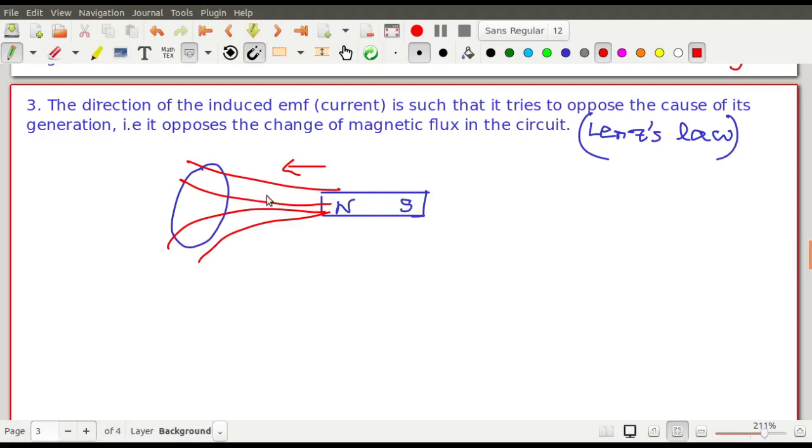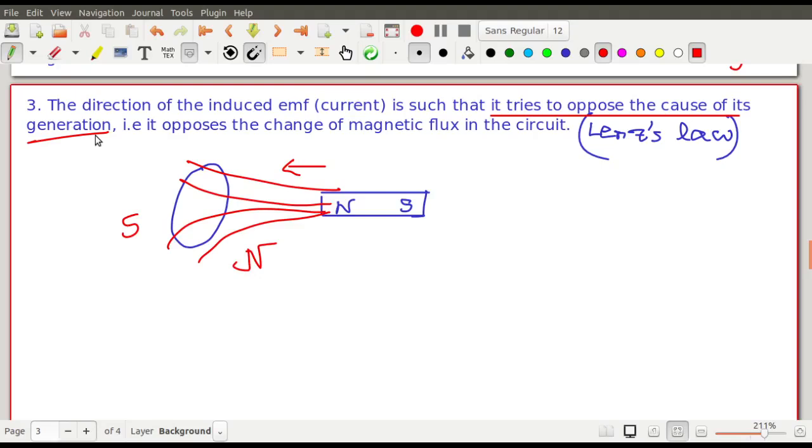Now the direction of the current should be such that you have north pole on one side and south pole on this side, such that there is a repulsion, because it tries to oppose the cause of its generation. It will try to oppose the cause of its generation, নিজের কারণকে অপোজ করবে।